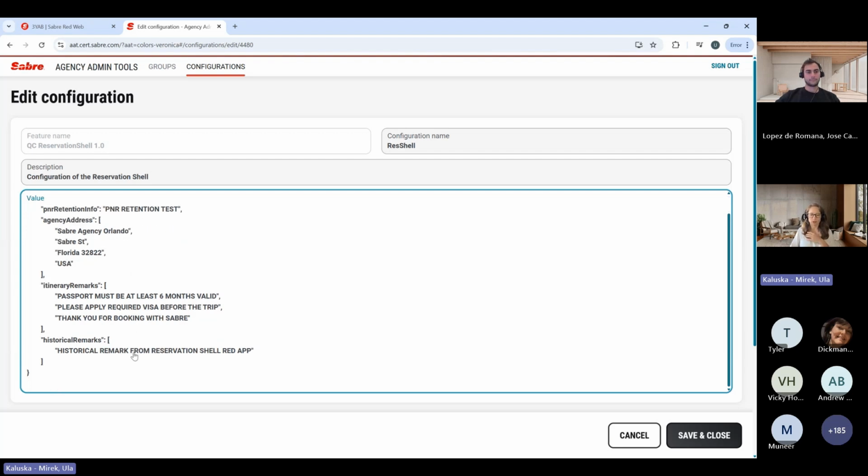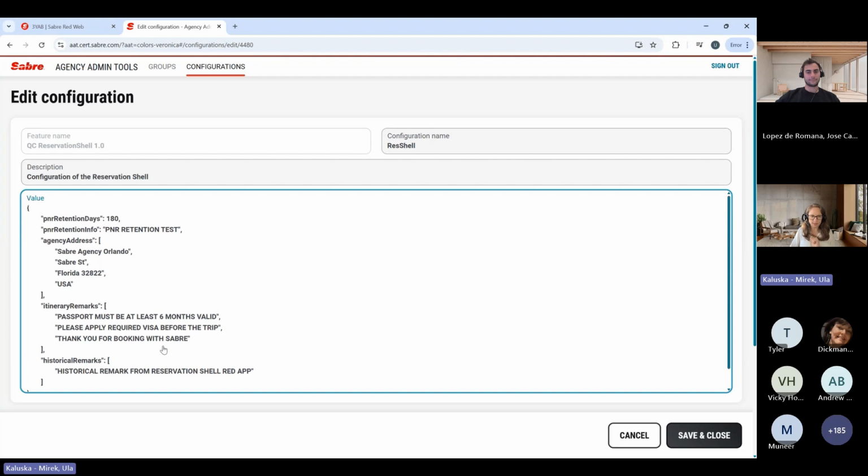I believe in you with all my heart, that you'll be able to do that. And if not, if you feel that you would need support, Sabre is all here for you to help you with that, of course. So let's maybe take a look at this config, and we'll slowly move to Sabre Red Web to see